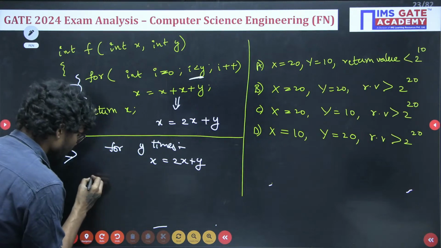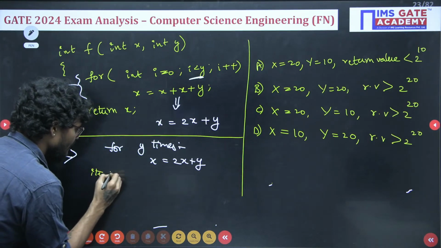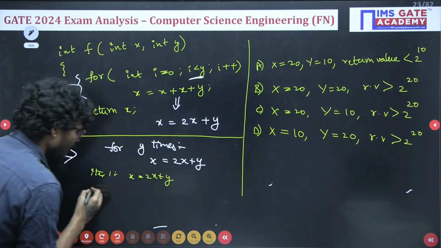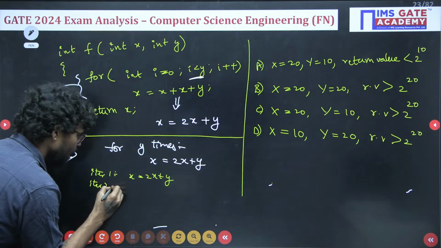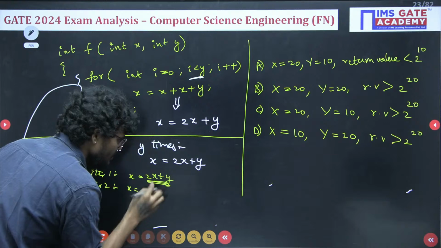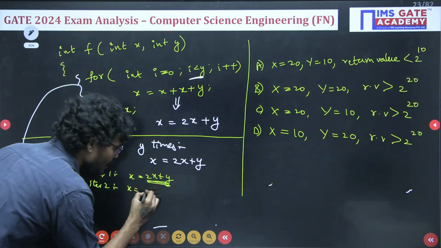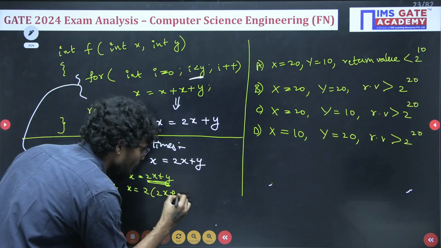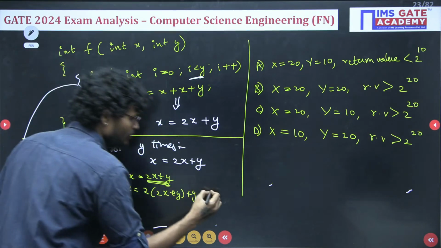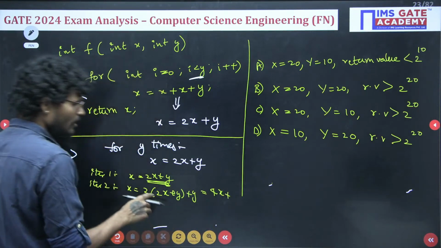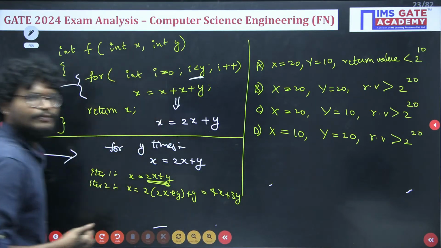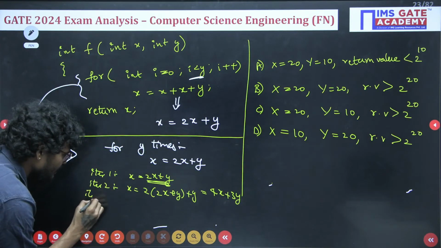So let us see what it is. In the first iteration, what will happen? x is assigned 2x plus y. In the second iteration, what will happen? x will become, this is the current value of x, right? So multiply it by 2 and add y. So we get 2 into 2, that is 4x, and here 2 into y, that is 2y plus y, that is 4x plus 3y. And in the third iteration,